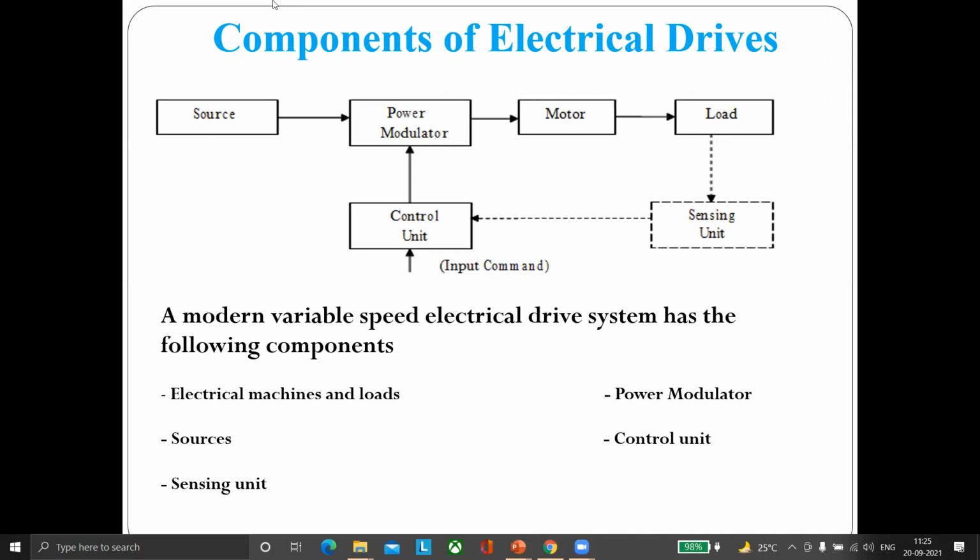Yes, sir. Okay, this is the concept of the electrical drives. Here we are controlling the motion of this load, or the speed control, or the velocity control of this load, and for that we are using the motor. If we control the speed of this motor, then ultimately the speed or velocity of the load is also controlled. So next, for controlling this motor, we are using the controlling technique, that is the solid state control technique.